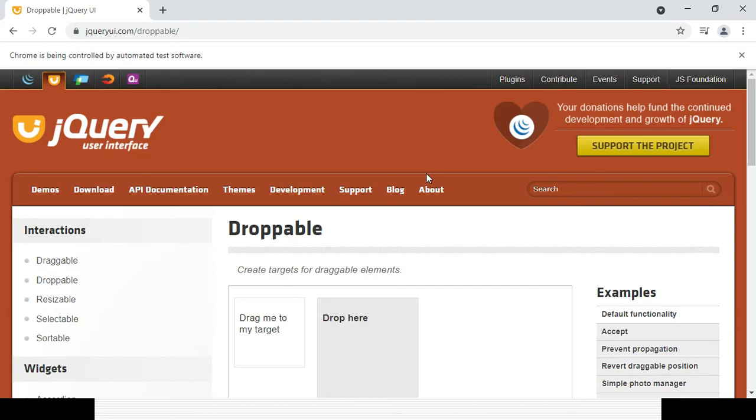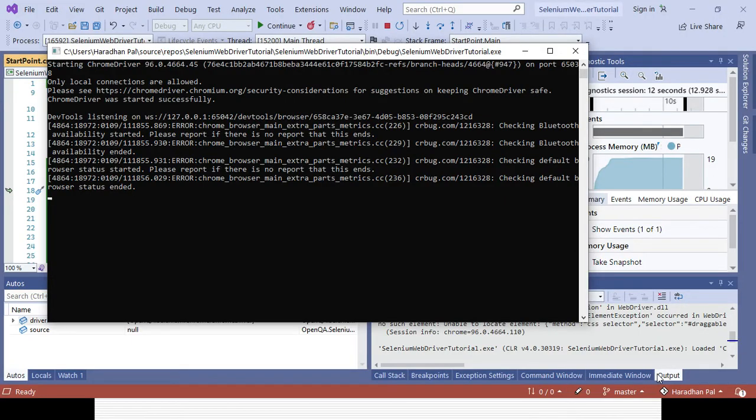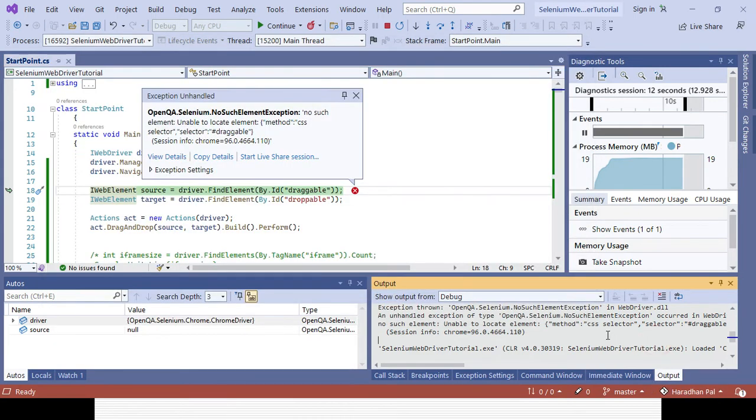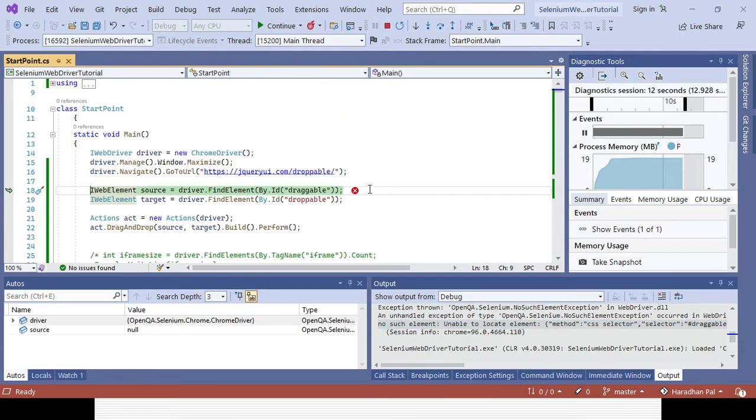You can see here drag and drop is not happening because we are not handling the frame at all. It will throw an error. You can see the error message came here in the console: no such element, unable to locate the element, whatever you want to identify, because the frame is available. Until you handle the frame, you will not be able to identify the element successfully.